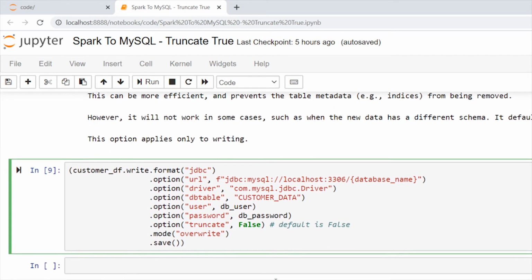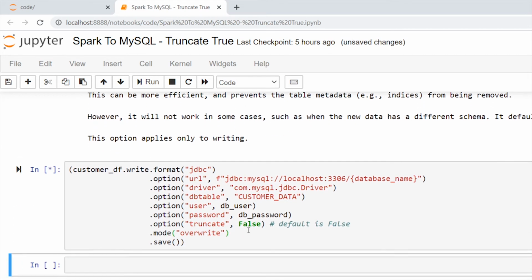Now I am running this and we will go back to our MySQL console and see the changes in our schema, like how we will be losing the primary key and indexes in our table.